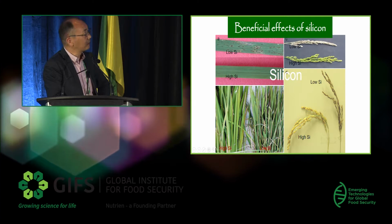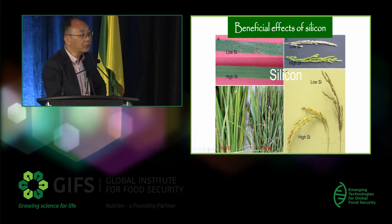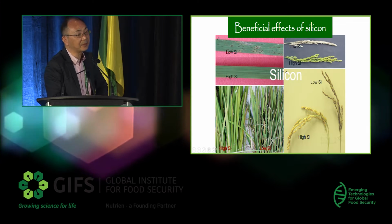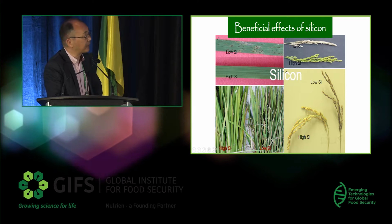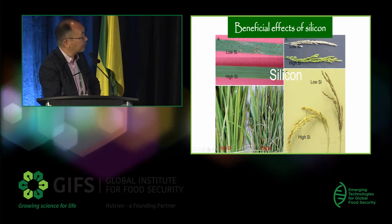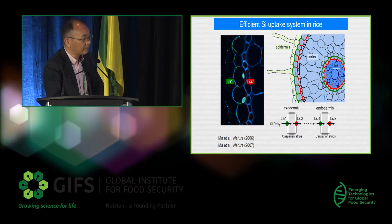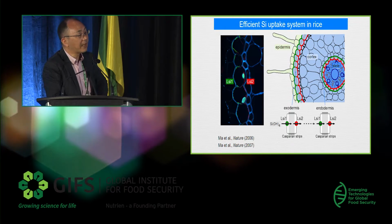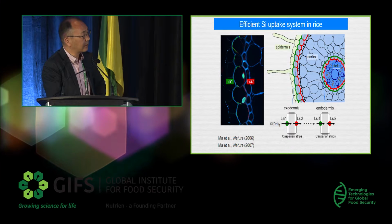So in Japan, we call silicon an agronomically essential element. Every year they apply silicated fertilizer to paddy fields to increase the rice yield. Okay, next one. So many years ago, as Leon mentioned, we tried to understand why rice is able to accumulate